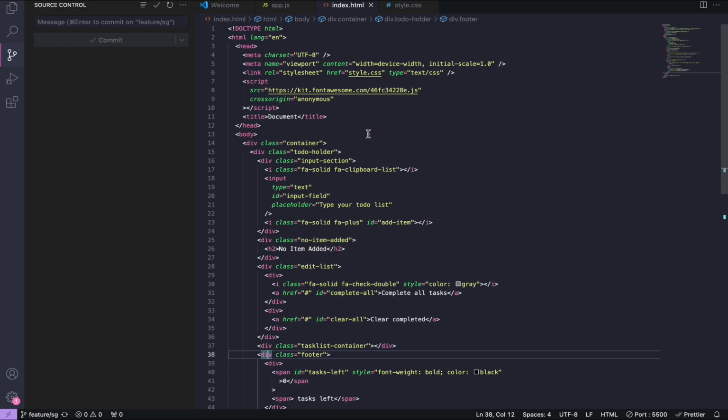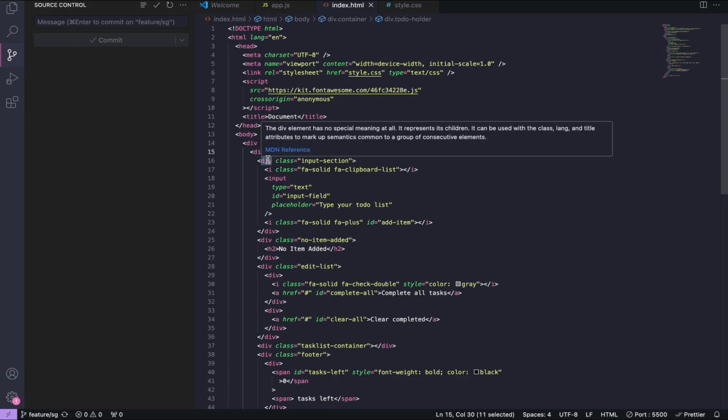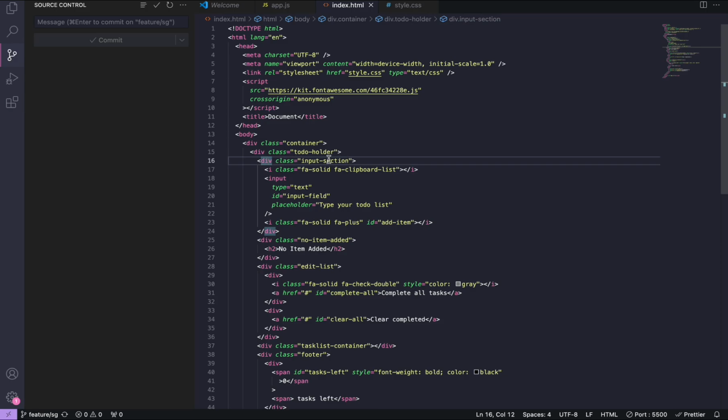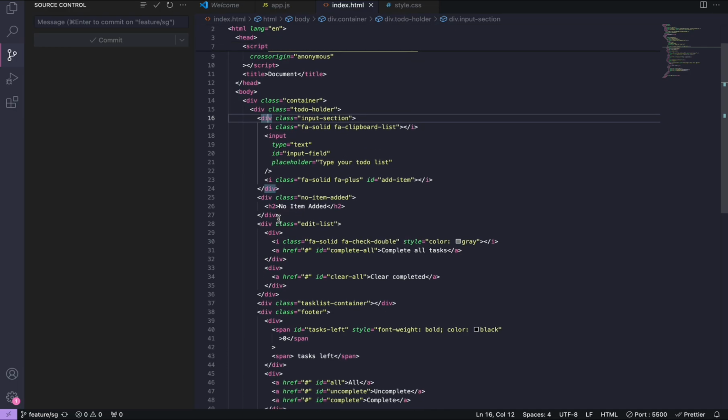So this is the basic HTML structure of the code. This is the outer container. Inside this is the to do holder, which will contain all the sections of the card. The first section is the input section, which will have the input field and a plus button to add the task onto the list. Then the second main section is this edit list section, which will help the user to